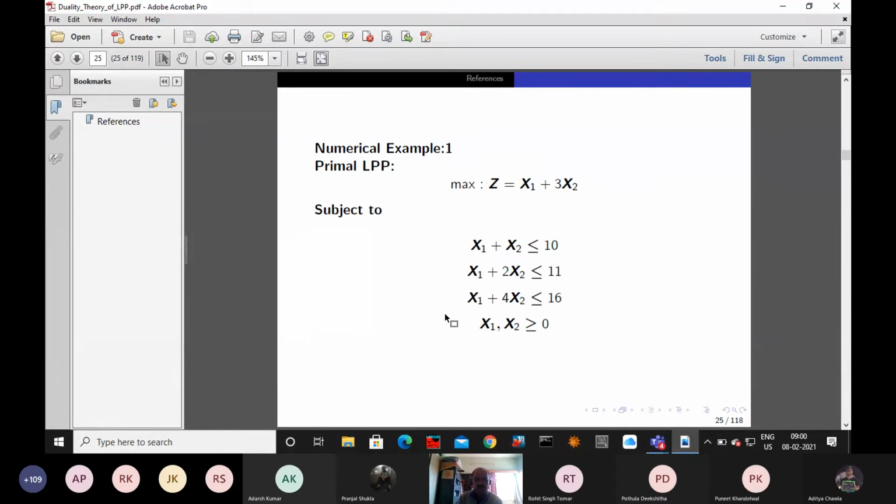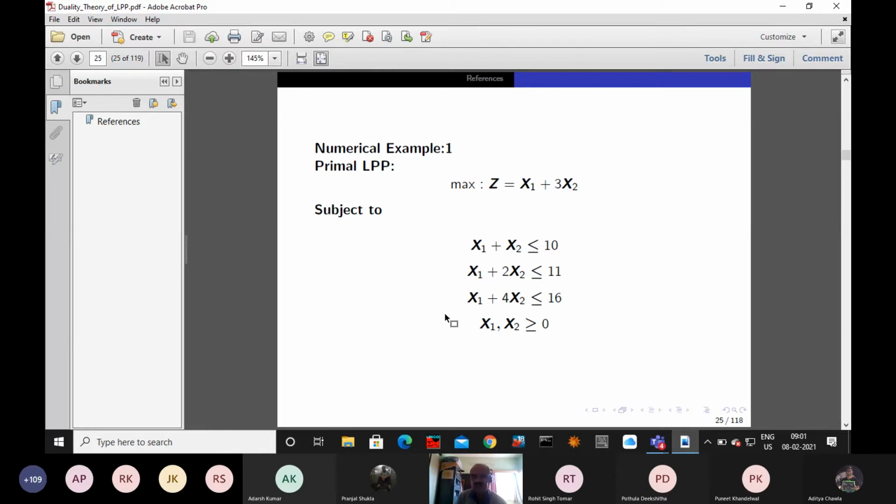Now I will request everybody, let us discuss this very simple example. Say if this is the problem, then how do we find the dual and how to establish the relationship? And what is the actual help? The rules say that when you define the primal and dual, let us say both are primal problems, we are finding the dual. So one of them is dual, the other is primal. So which one is dual and which one is primal? That is our choice. Okay.